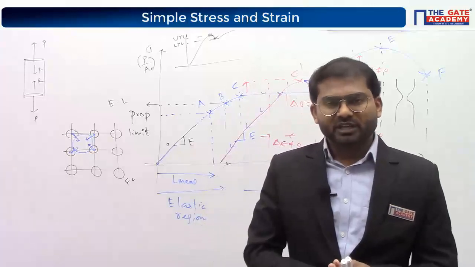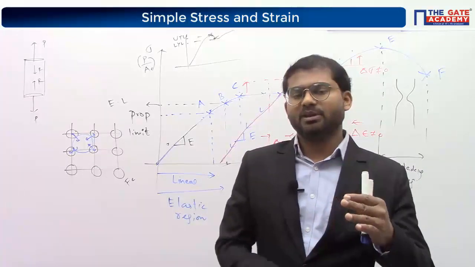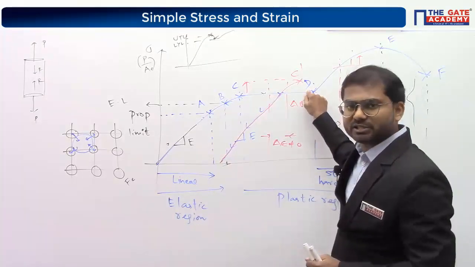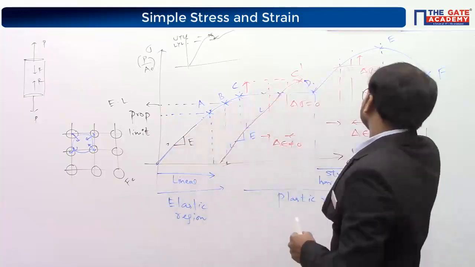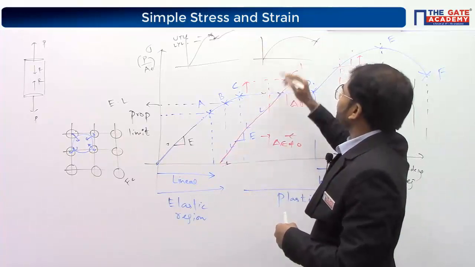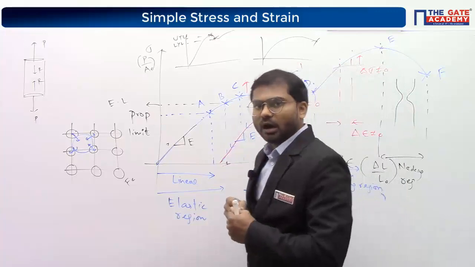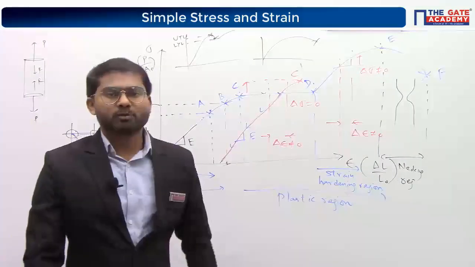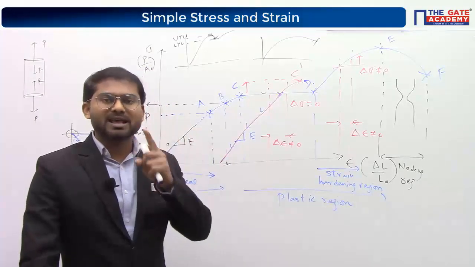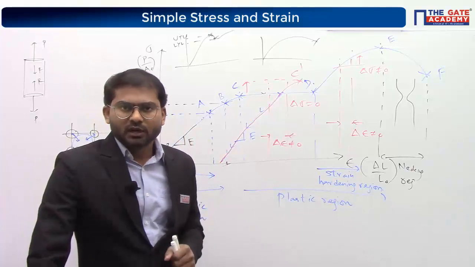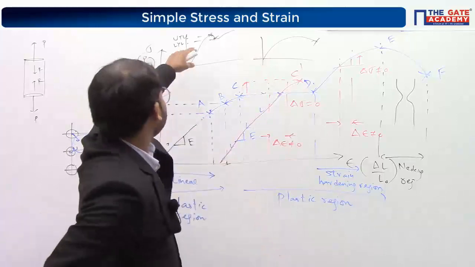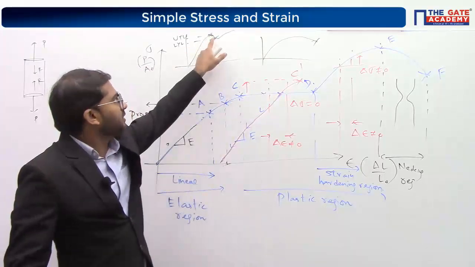If you see the curve for aluminium, or for copper also, you will not have this horizontal line in the plastic region. The curve will be like this. So you will not have horizontal behavior, or the zero slope line, in the plastic region. So the deviations are there, but whatever the ductile material, you will observe plastic behavior. Understood? Okay. The same thing is for copper as well. But in mild steel, as you have multiple elements, you will have multiple yield points and the curve is like this. That's why you get this smaller bump here.